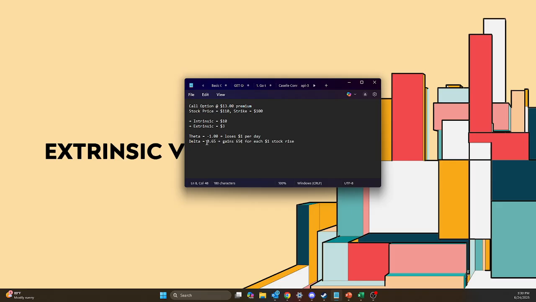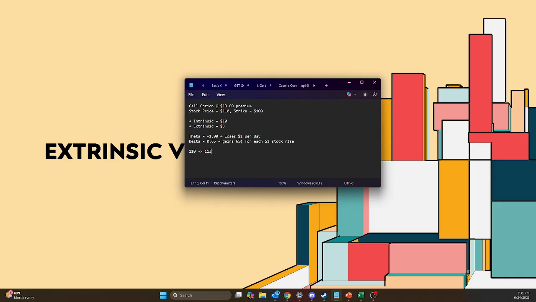Okay, and then you find your other value right here called delta. So if our delta is plus 0.65, every dollar that the stock goes up, we only make 65 cents. So when I said we were trying to get to 113, what would that come out to, right? So even if the stock went up to 113, if we went from 110 to 113 with a 0.65 delta, that would only be,